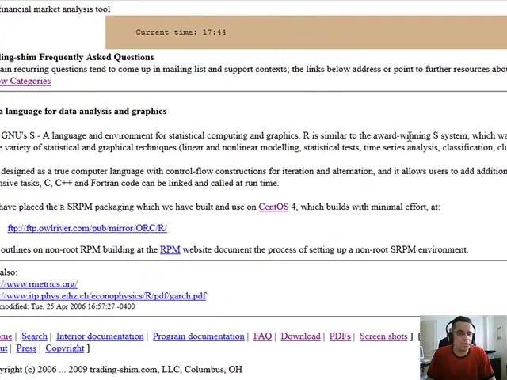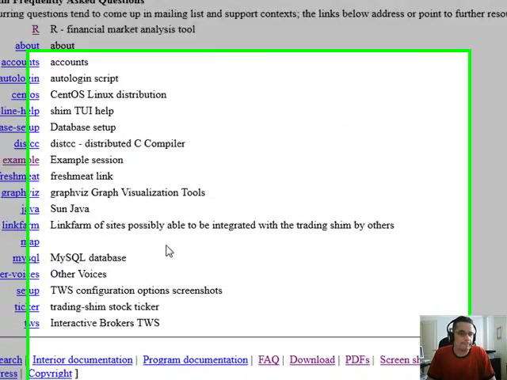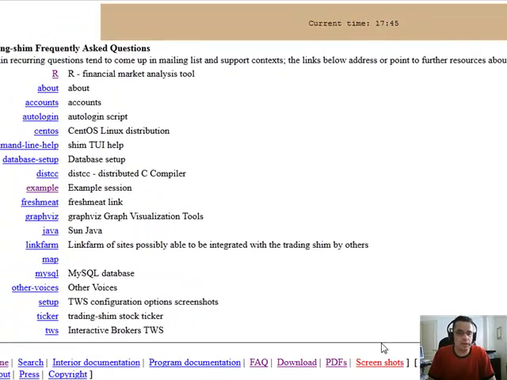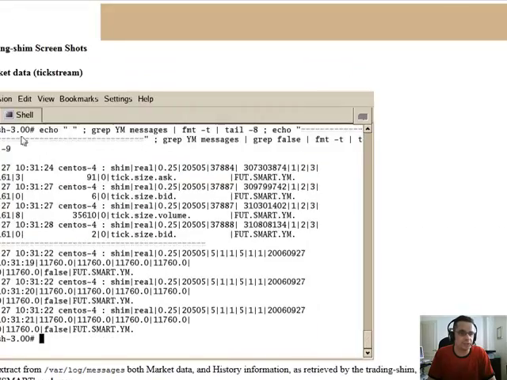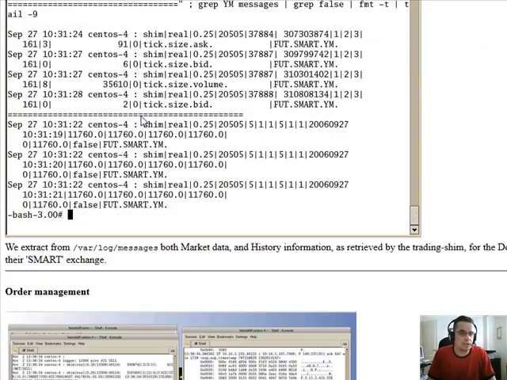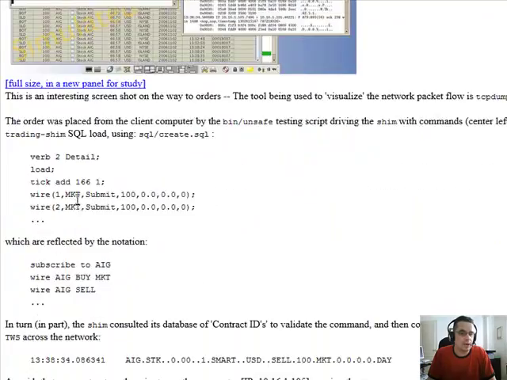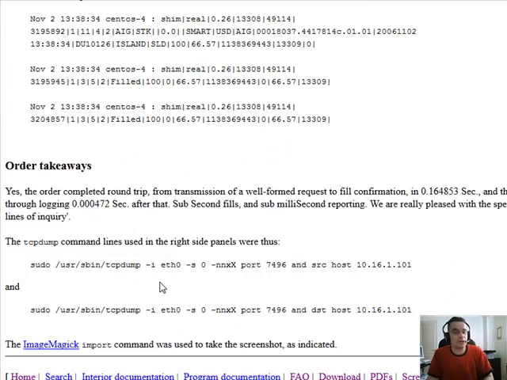Now, let me show you some other important things that this trading shim has. The screenshots. The thing that I want people to understand is that, again, here's some screenshots using the Linux shell or command line console, and there's a variety of different documents on how to use it.